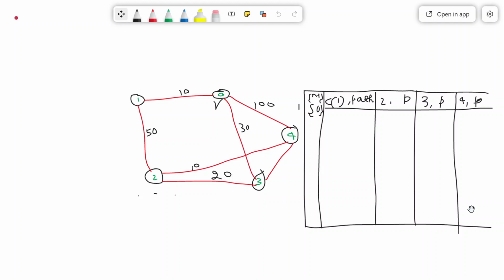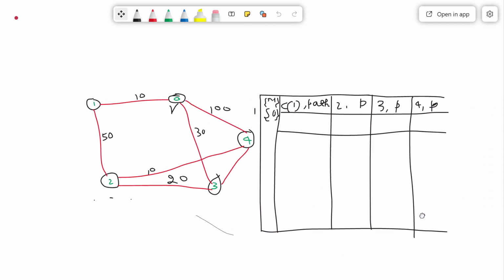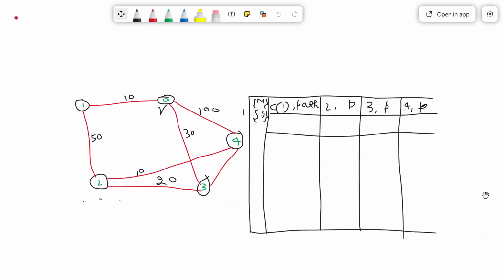initially the algorithm is very straightforward since I am starting from 0. So we just write the cost where you can reach directly. So where can we reach directly? 0 to 1. Yes, we can reach. What is the cost? 10. Path 0 to 1. Okay, and then the path to reach 2. Can we reach 2 from 0?